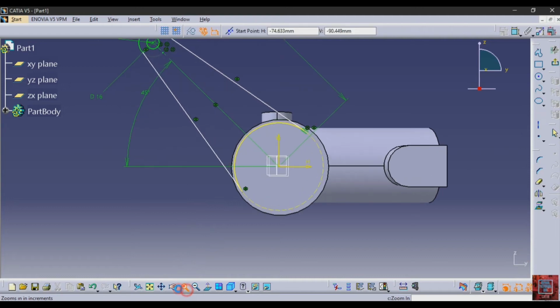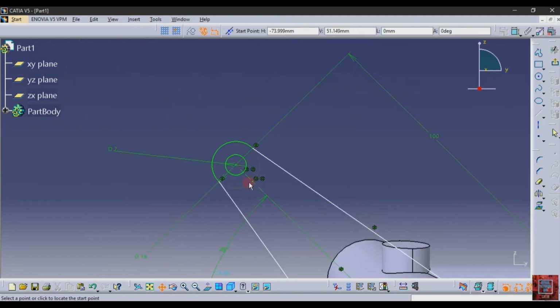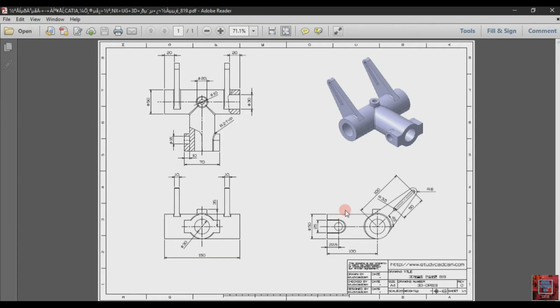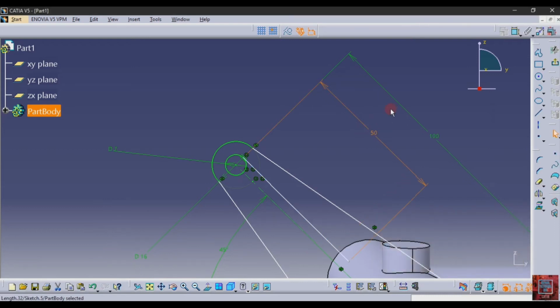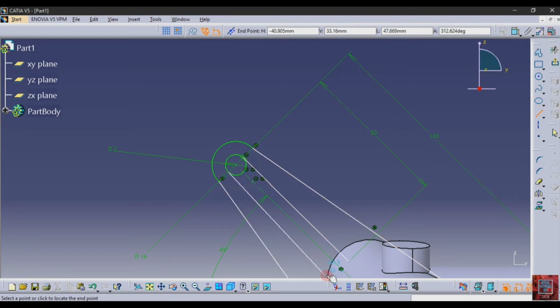After that select a line, zoom out for a better view, make a tangent line, and the length of this line is 50. Then again select a line, make a tangent line at a 50 distance.